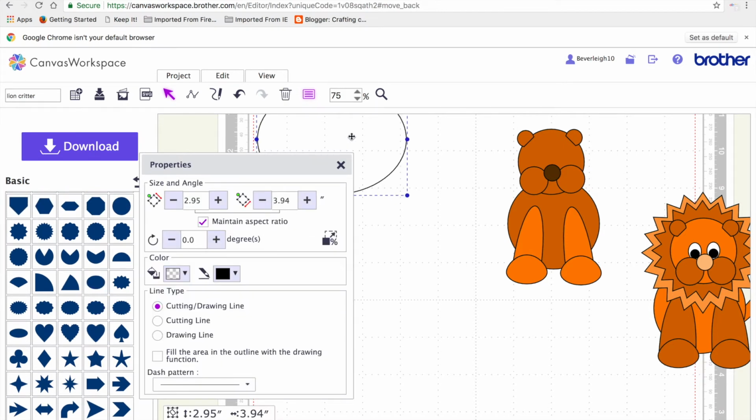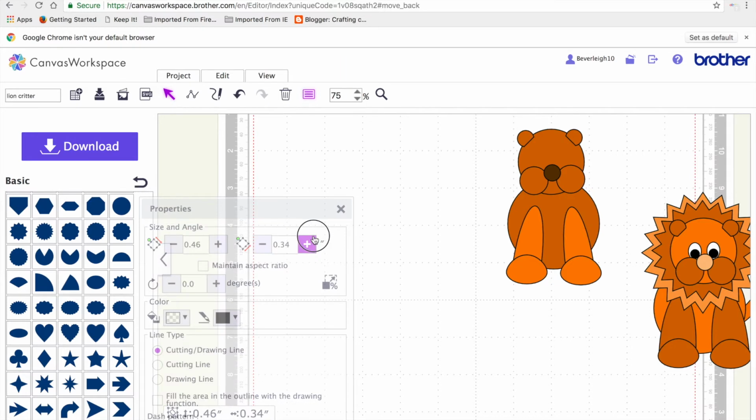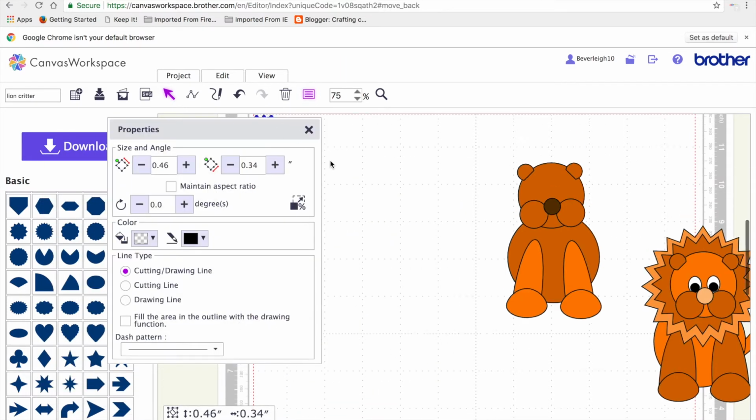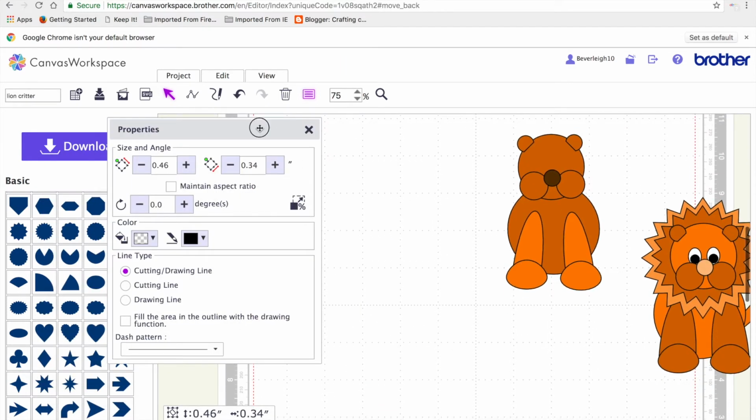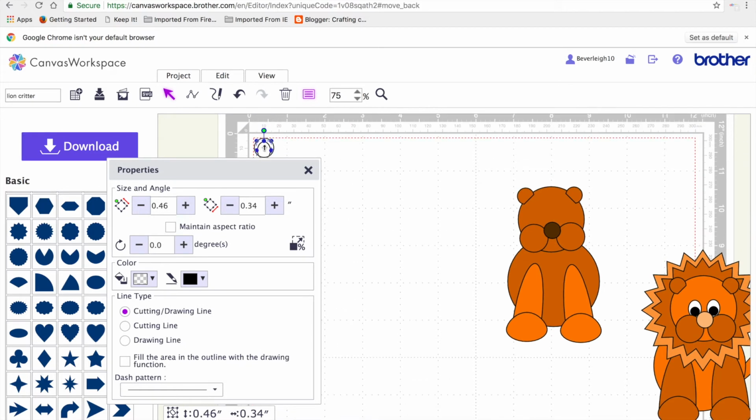And we're going to resize that to 0.46 by 0.34. Okay, so that should give us our oval shape, and it seems to have disappeared, and it's up the top there. So I'm just going to move that down out of the way so I can drag it across. I'm going to shade it white,